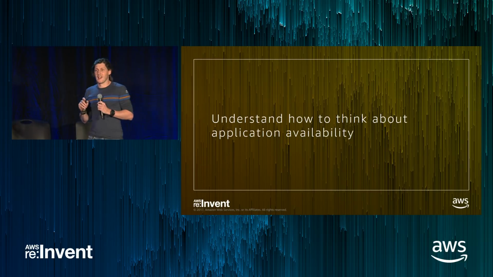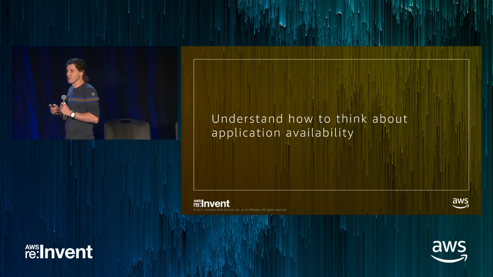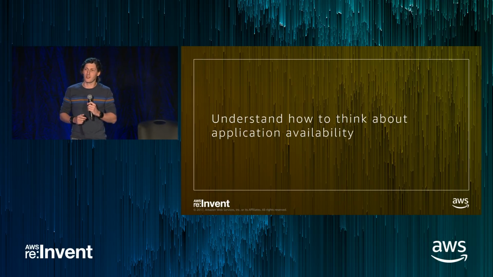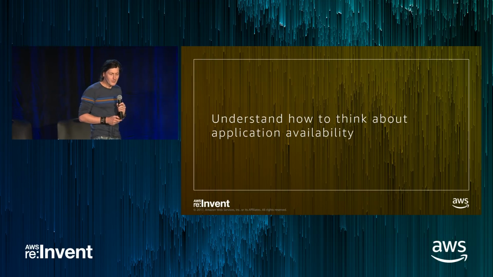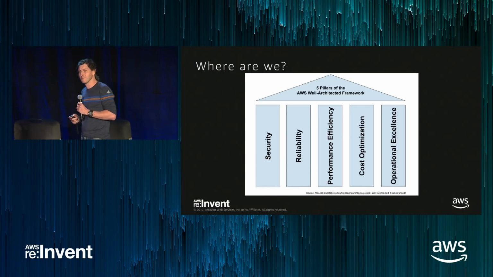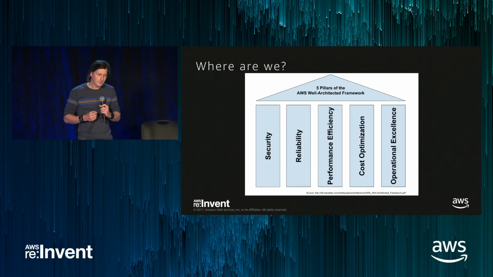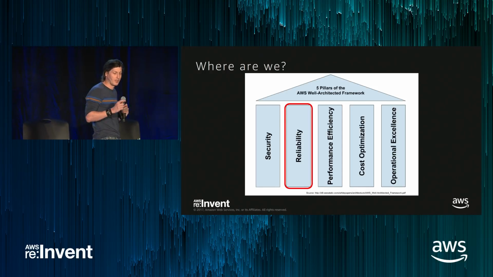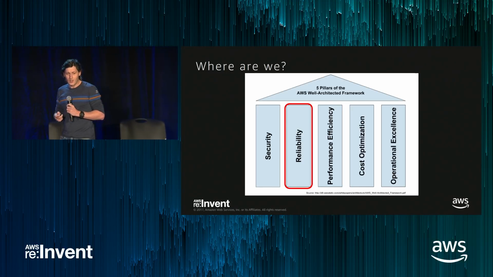You want to really understand how you think about availability. When I talk to customers, everybody says their application is absolutely mission critical, and I love hearing that because it means you're going to use a lot of different services. The reality is, though, that you really need to understand the availability modeling behind that. One of the ways we like to think about this within Amazon is through the Well-Architected Framework. There are 5 pillars, and in this session we're really focusing on the reliability pillar. Reliability, availability, and durability are all covered within this.